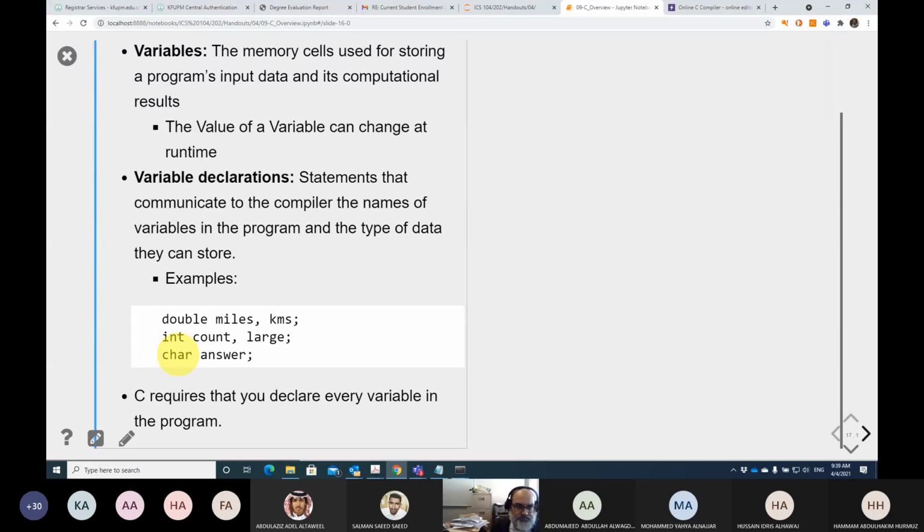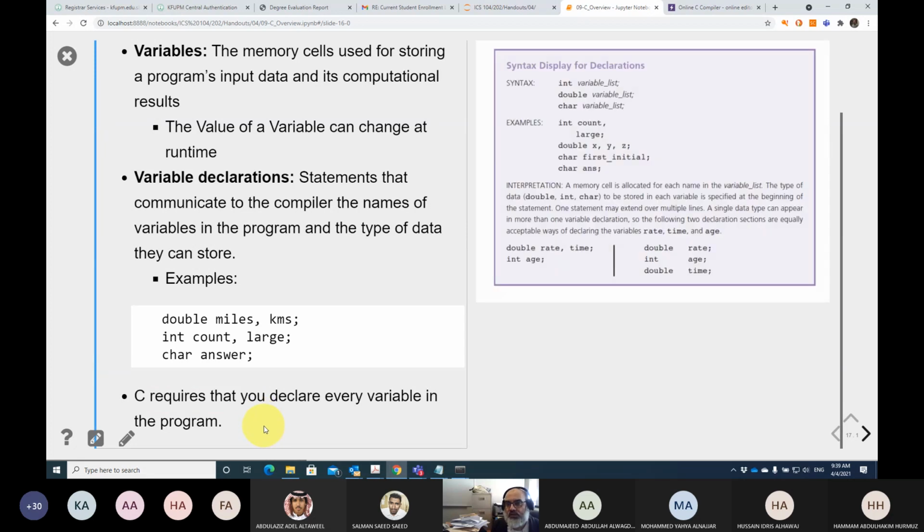Is the difference clear now? Yes. Okay, so it doesn't really hold a value in memory. It's not held as a value in memory. So C requires that you declare every variable in the program. You cannot start using a variable before declaring it. You have to declare it before using it, right? So this is the syntax for declaring variables. You declare the type, and then you can put one or more variables,